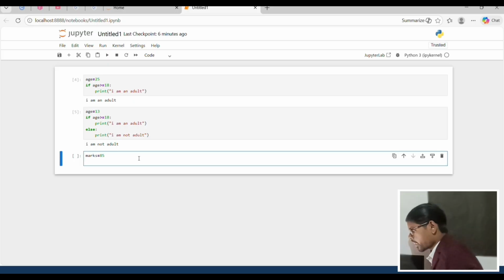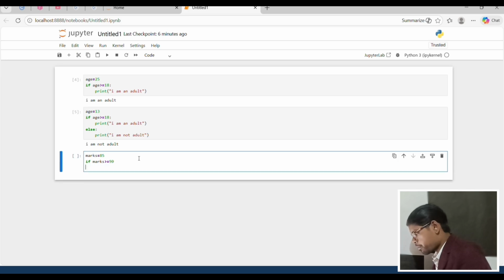Marks contain the value 85 and the condition checks if marks is greater than or equal to 90, so print A plus grade.